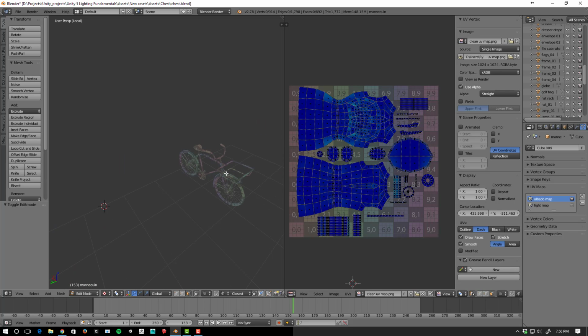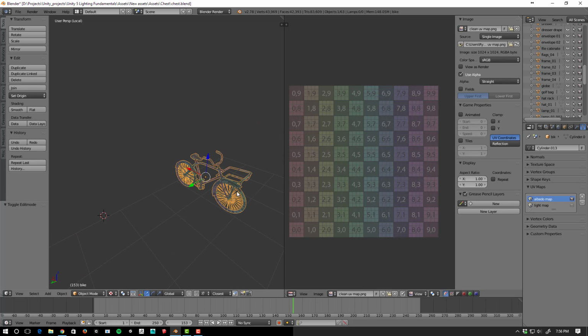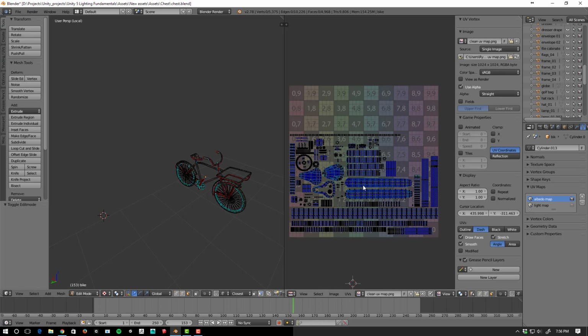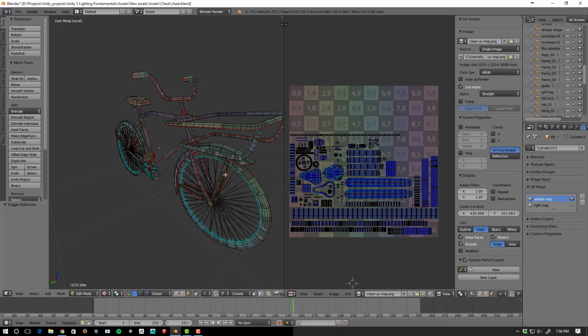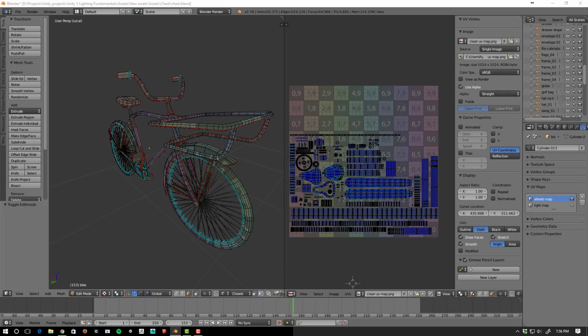But say on a model like this bike here, if we look at the UVs for this bike, you'll notice right off the bat that these do not take up all of the 0 to 1 space. There's a lot of empty texture space up here that could be used. But the goal for this bike is that if it's close up, for example, these tires, if we look at the reference,